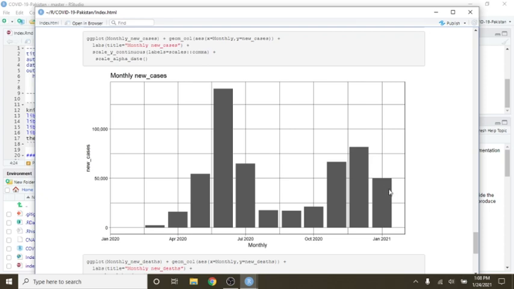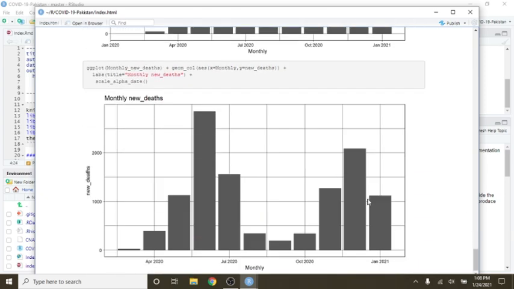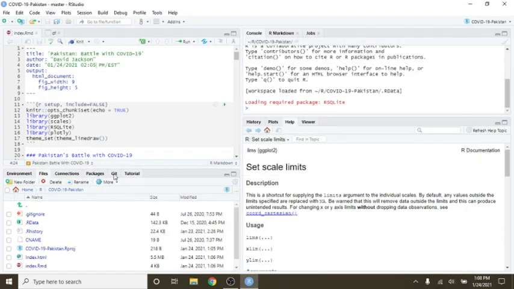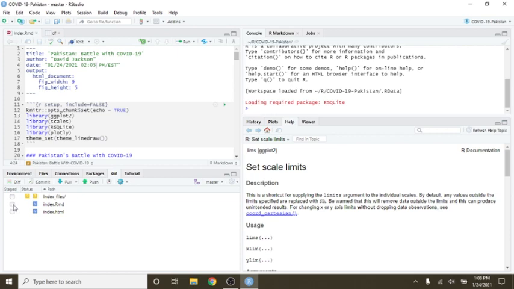Monthly cases, you can see a week ago probably will not catch December's, may not even catch November's cases. And there's a fair shot that January's deaths will not catch December's deaths, but may catch July's deaths to move into third place. Okay, so there is some good news for Pakistan today. Cases and deaths appear to be declining, which is very good news.